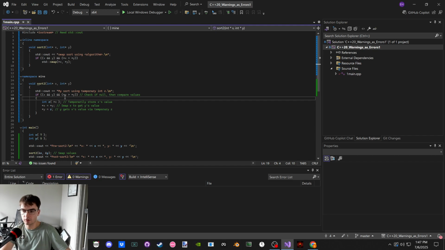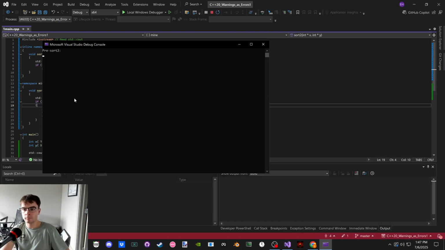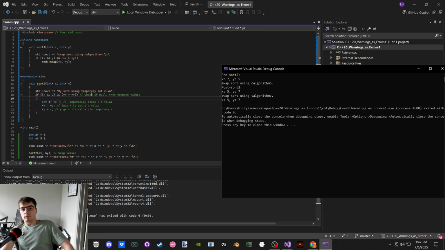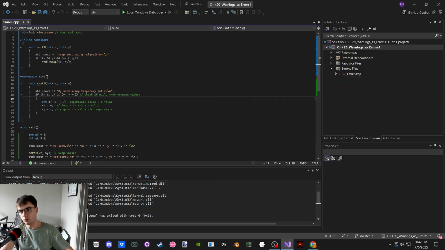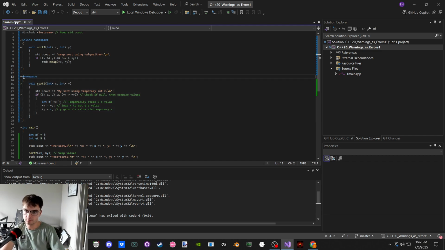And Z is not a pointer. Z is simply an int. So we can swap the dereferenced values using the algorithm, or what's the easiest way of doing this?